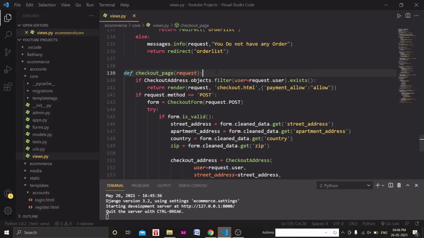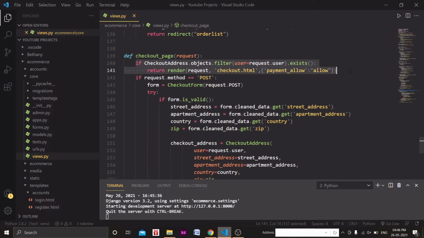The user who is currently logged in, we will check if he has stored his checkout address in the checkout model. If he has stored all these details, then we will simply redirect him to the payment page. So we are rendering the checkout.html page with payment_allow equal to allow. I will show you why I have written this.